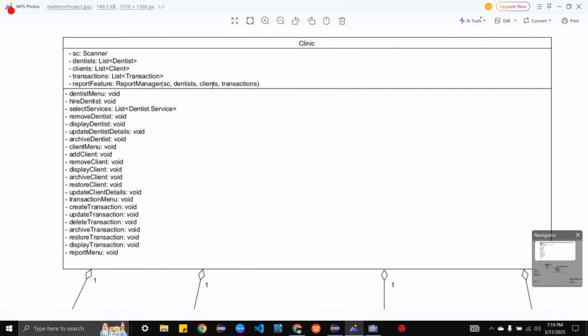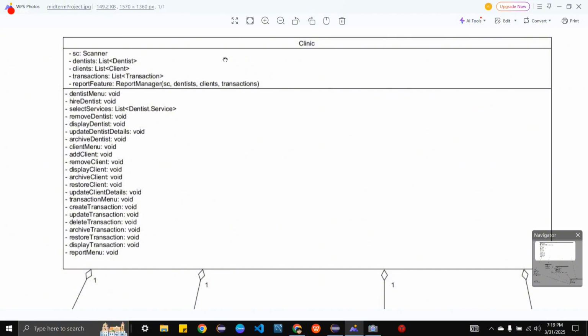We have a static scanner to receive the user input, which is static because it can be accessed in the entire program. And also we have a list of dentists, list of clients, list of transactions, and a report feature.